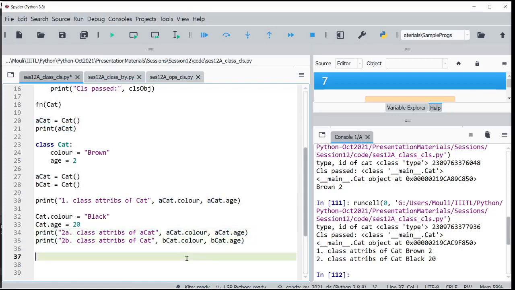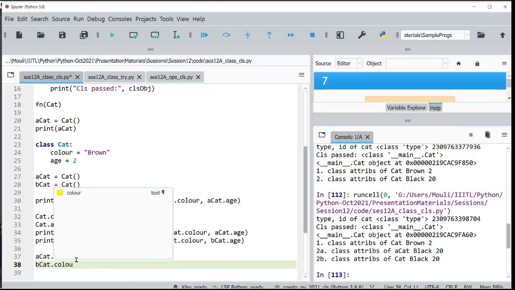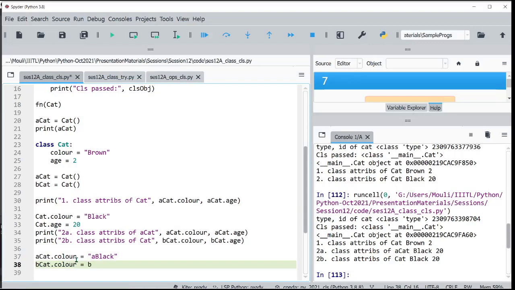Now this also will have the same thing. Now let us do one thing. I will change a cat dot color to a black, just to differentiate it, and b cat color to b black.